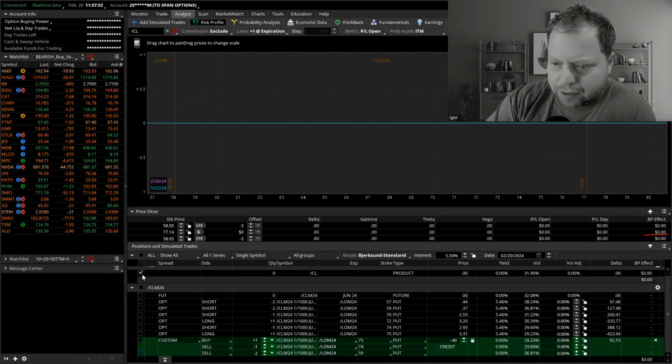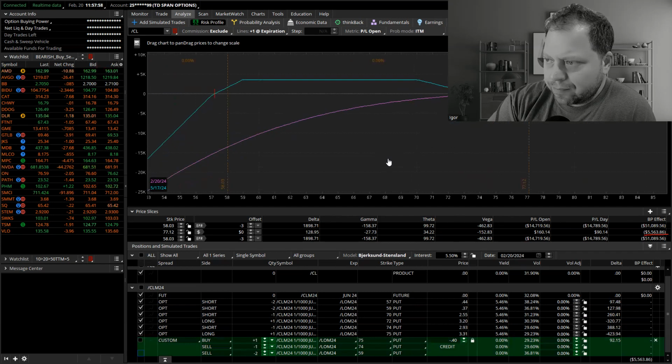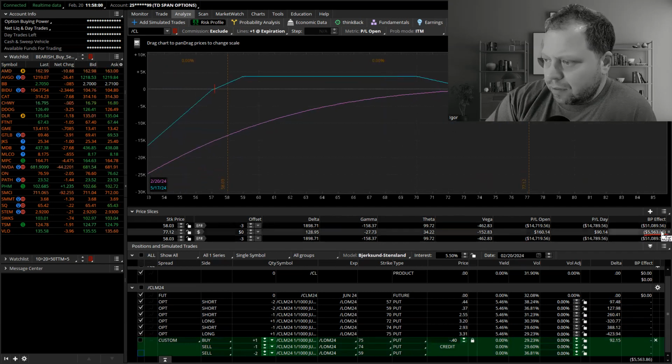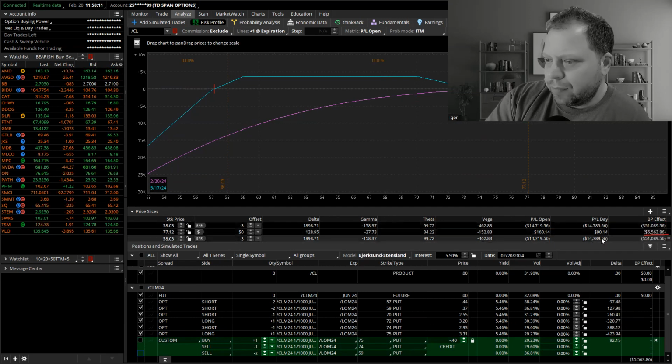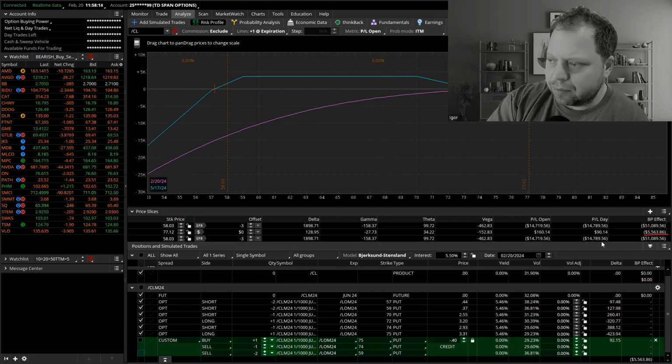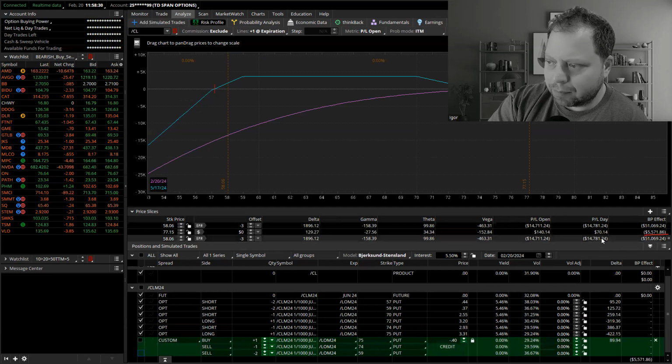So if we could uncheck this and check everything else. So this is what 2 of my positions in CL look like. They take up about $5,500 of margin, which is not a big deal, right? You have to pay attention to how much buying power you have available and how much more you can allocate to it. But if we look at a stress test, and again, I'm not anywhere near a point where I can't put any more trades on, but I will continue to put trades on until I'm out of buying power for new trades and I have to wait for some of the older trades to come off. Or I'm at a point where I have plenty of buying power, but my stress test, and if we